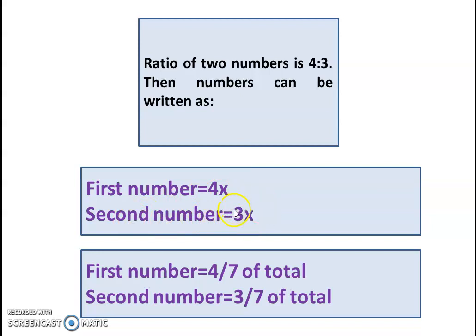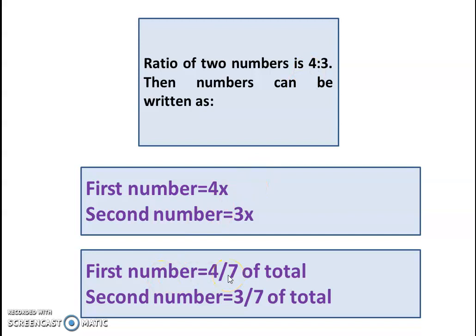Again x is a variable. So 4x divided by 3x will be equal to 4:3. That means it is the ratio that is given, right? So when the ratio is given, we can write quantities as multiples of the given numbers, right? Or we can also write